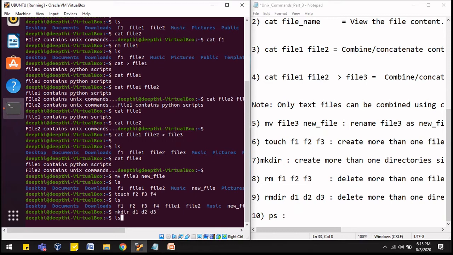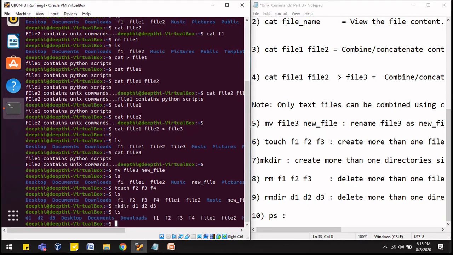Now let's see with the help of the ls command whether these three directories have been created or not. Now you can see that these directories d1, d2 and d3 are created, right?